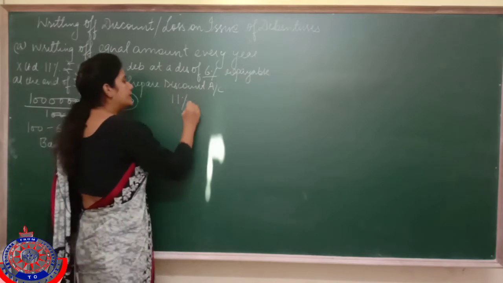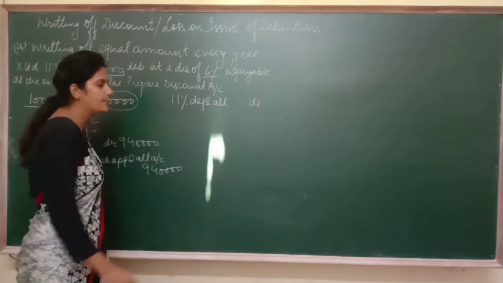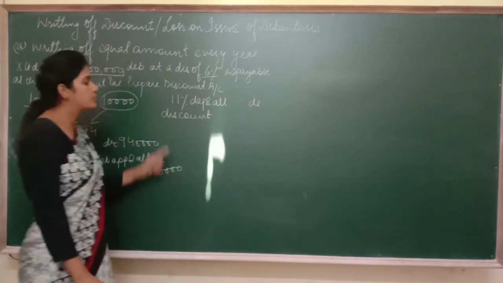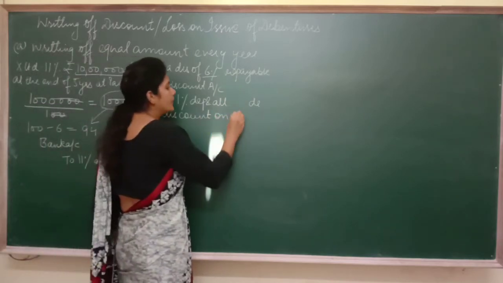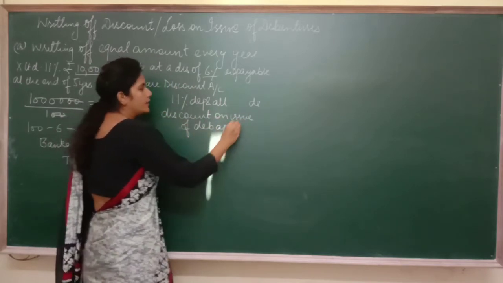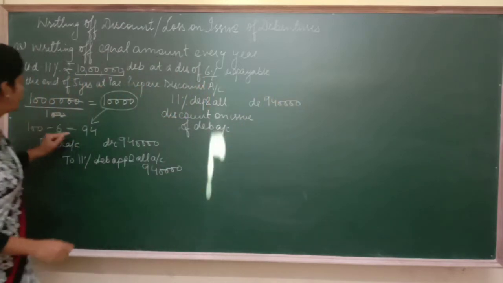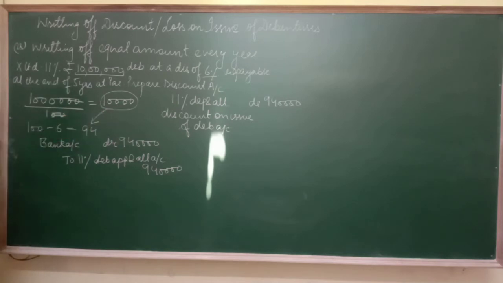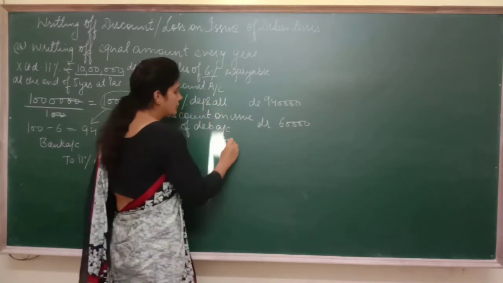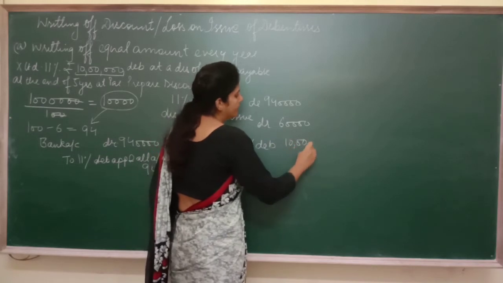Next entry is these 11% Debenture Application and Allotment Account will be debited. Then, as I have issued the debentures at a discount of rupees 6, what should I write? Discount on Issue of Debentures Account. It's 9,40,000. Discount I have given of rupees 6 on the issue of 10,000 debentures, so it becomes 60,000, to 11% Debentures. That's rupees 10 lakh.